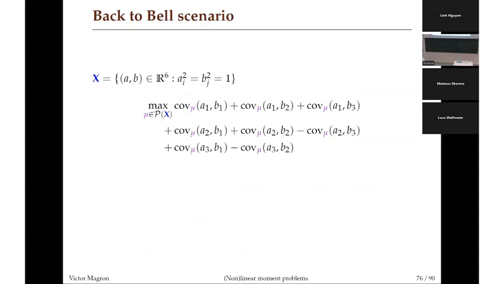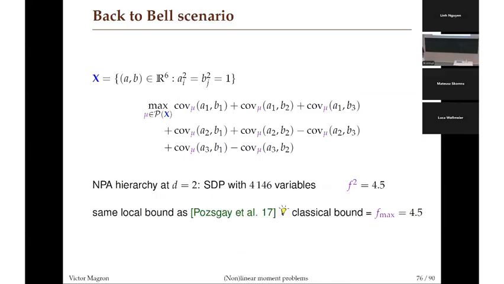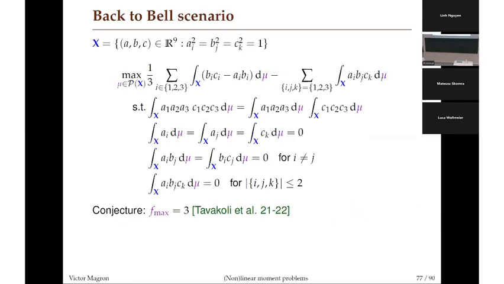So for the first problem, the covariance problem, we run the hierarchy at order 2. So we get an SDP with 4,000 variables, so it's quite easy to solve. And then we found an upper bound of 4.5. But that's great news, because the physicists found a lower bound of 4.5. That's very good teamwork. For the second problem, it was not a good teamwork because the bound they have,